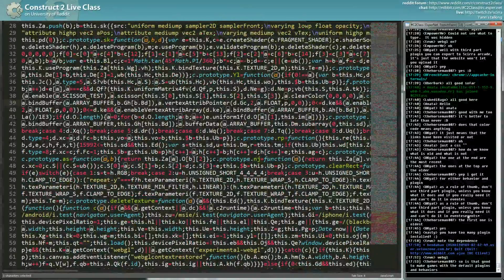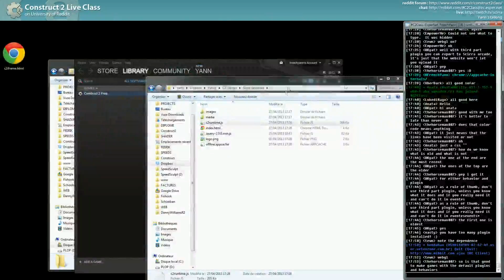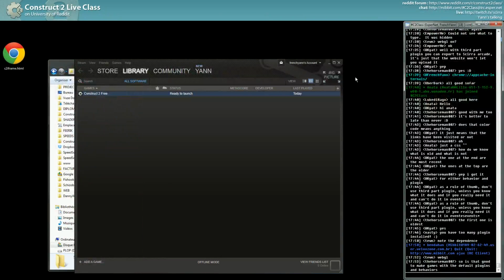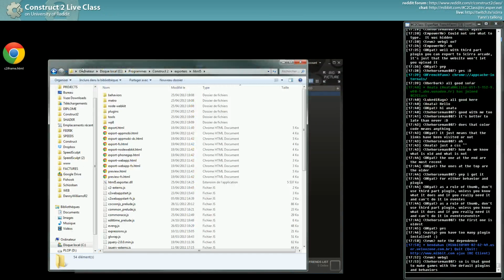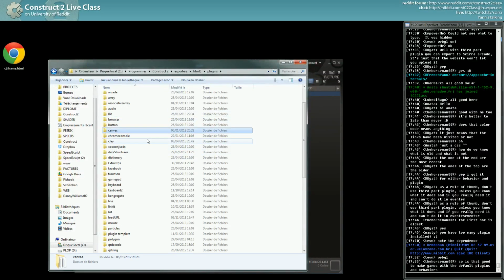Usually I tend to mostly use default plugins, but some non-default plugins, some third-party plugins are so juicy, so interesting to use that sometimes you just have to use them. One of the plugins I like to use is the Canva plugin, because it allows you to draw